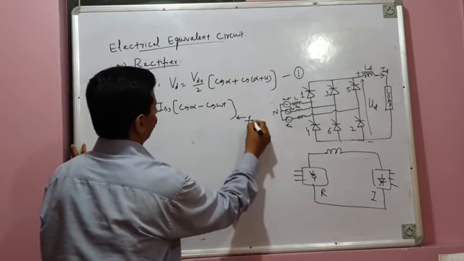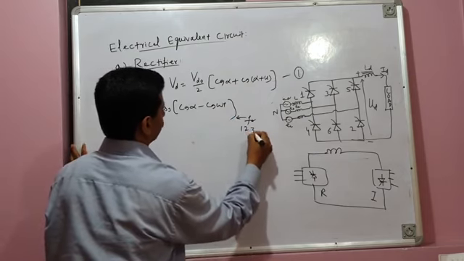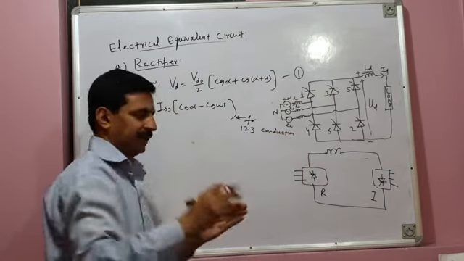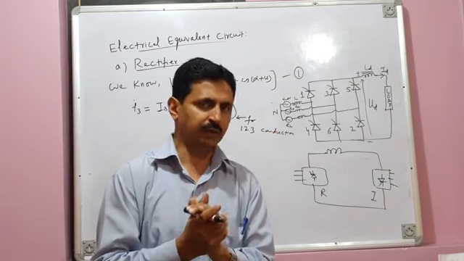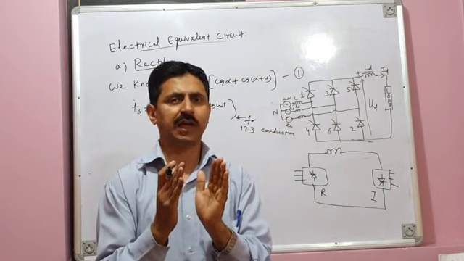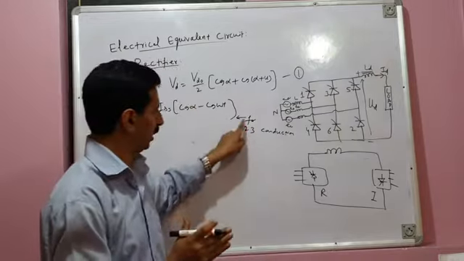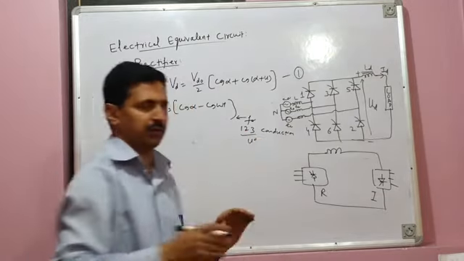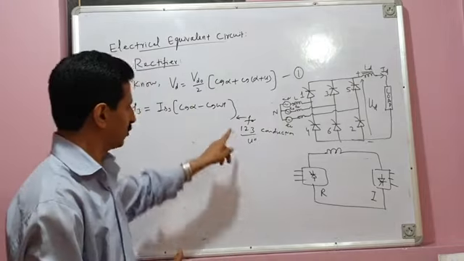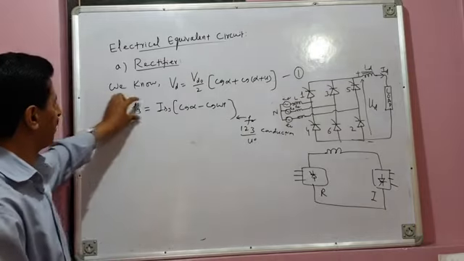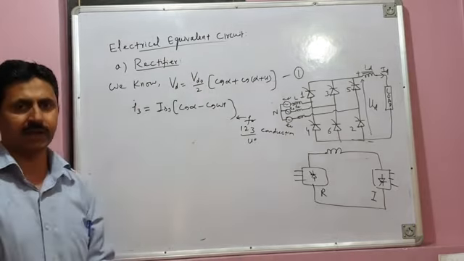This is for 1, 2, 3 conduction, when 3 valves are conducting. I mean at alpha, valve 3 is fired and commutation between 1 and 3 has started, and this gives 3 valve conduction, 1, 2, 3. During this 3 valve conduction, which is there for U degrees, during this overlap angle, this 1, 2, 3 conduction takes place during overlap angle U. This is the mathematical expression for valve current I3.